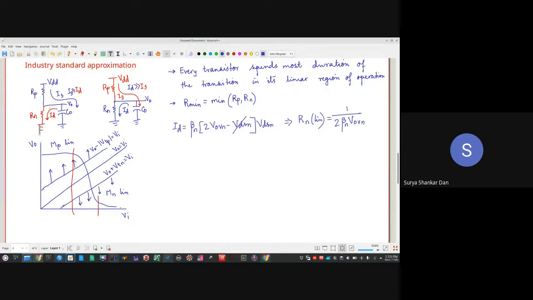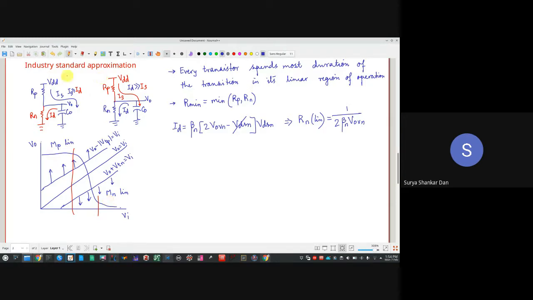Anyway, one of the transistors is going to be always in saturation, and the other one will always be in linear. Any one of them will always be in linear, the other one in saturation, during transition. I'm telling you, between these two red lines. When the logic level is stable, then one of them will be in subthreshold, only leakages will be there. I'm not speaking about that region. After I finish this, I will go into power consumption. Then we will see about the leakages.